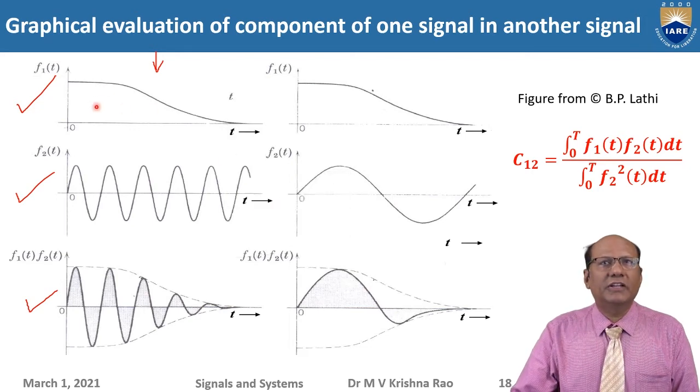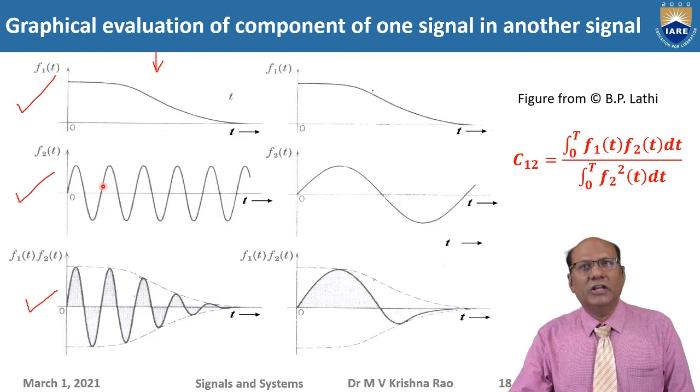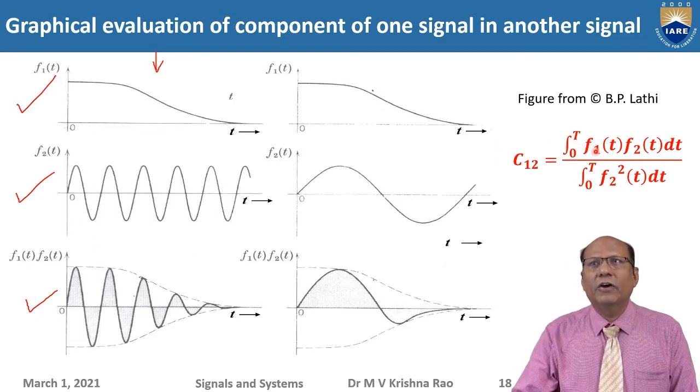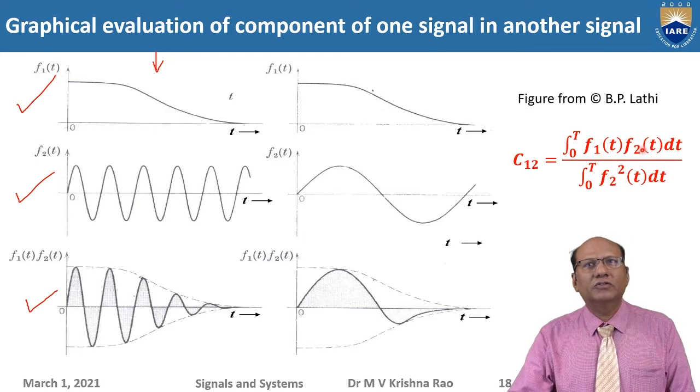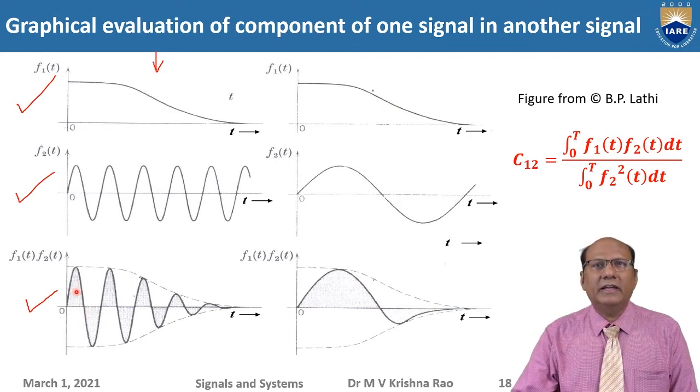So this is the given signal F1. This is another function in terms of which you want to approximate this signal. So for that, what do I have to do? The numerator equation, see here, F1 into F2. First I have to form the product. So I am forming this product. When I form the product, I get here